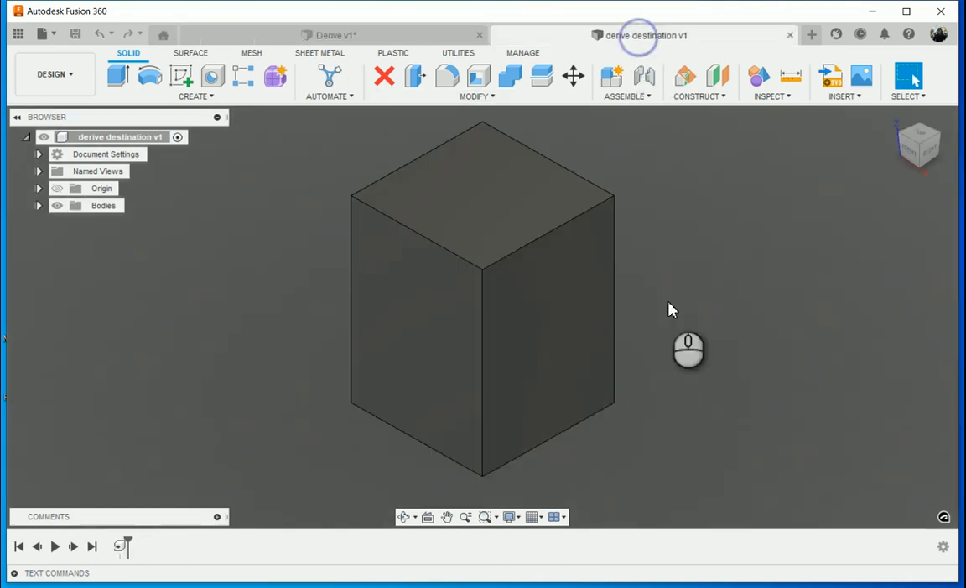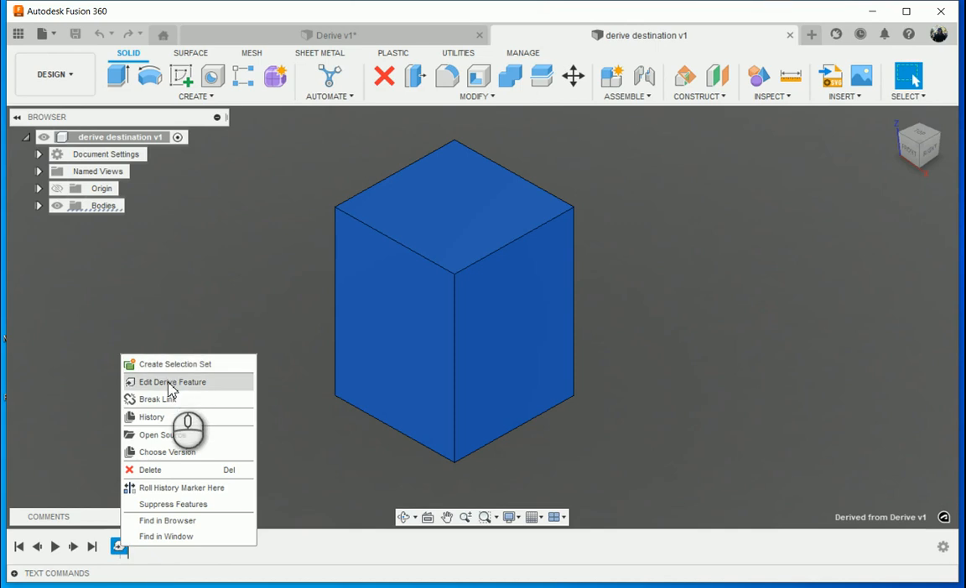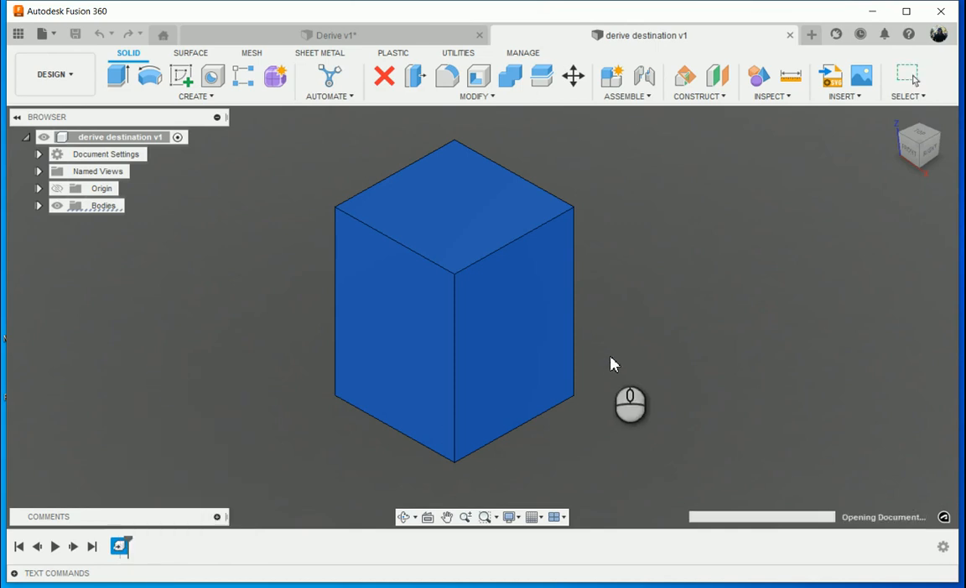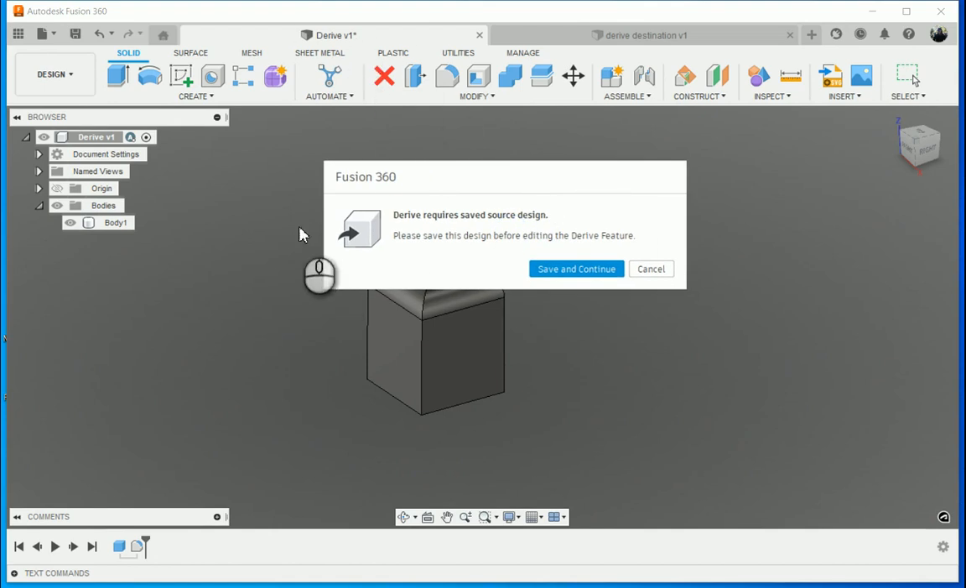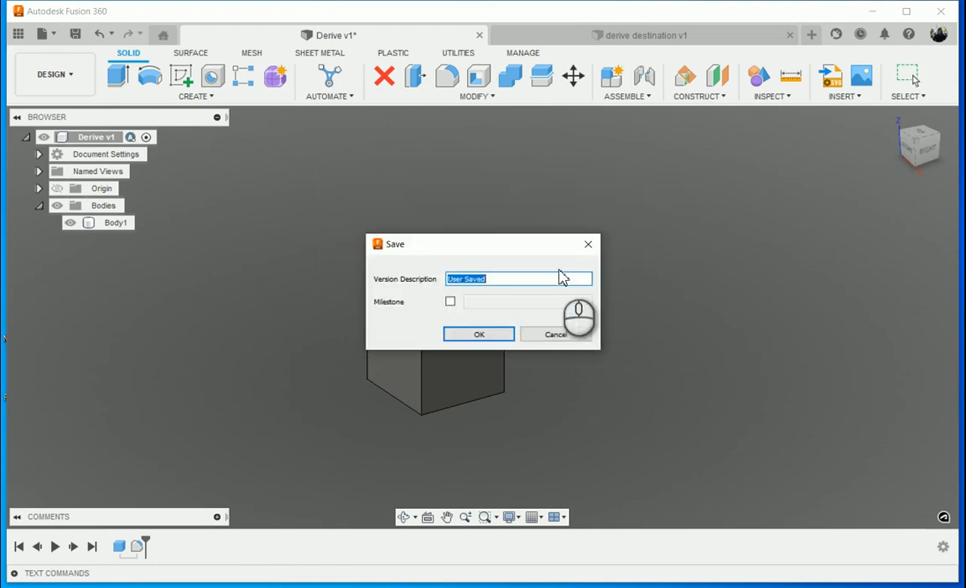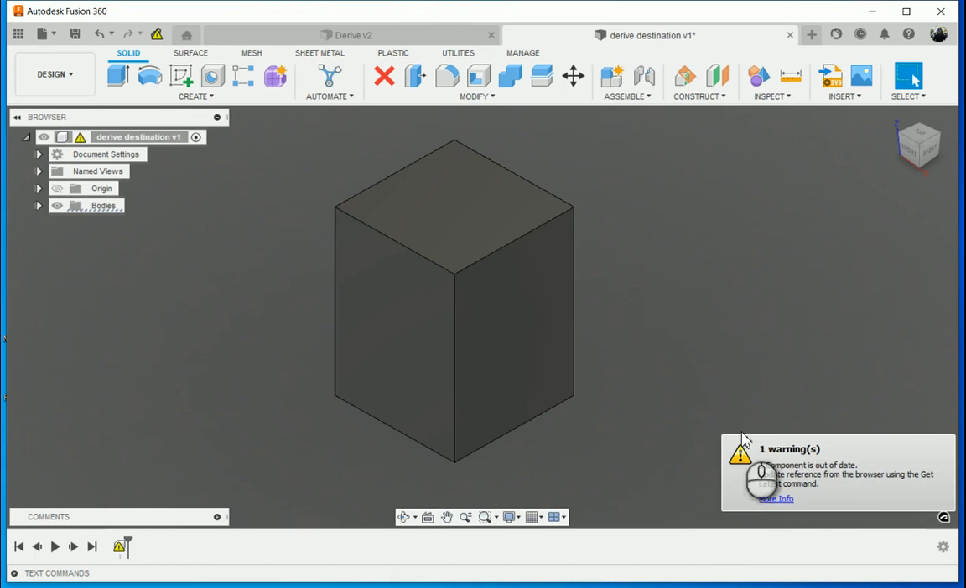Now if I go back to my component over here and I right click on this, edit derived feature. So what it does is it'll open up the original component over here, and it says Derive requires saved source design. Please save this design before editing the derived feature. I forgot to save, so I'm just going to save it quickly and OK, because it's not reflecting the fillets over there. So once that's been done, select on OK, and it takes me back to my derived destination,